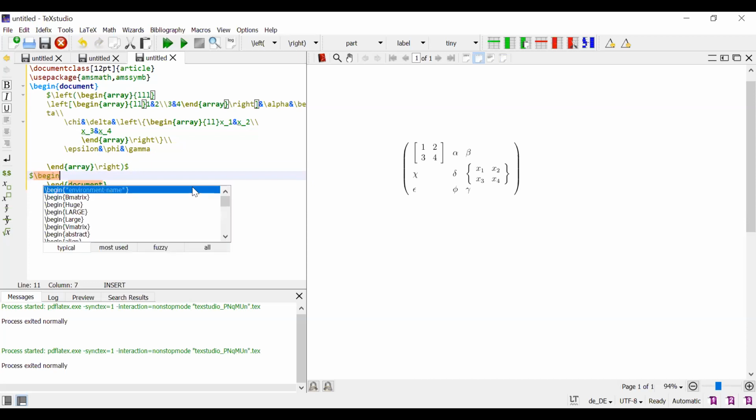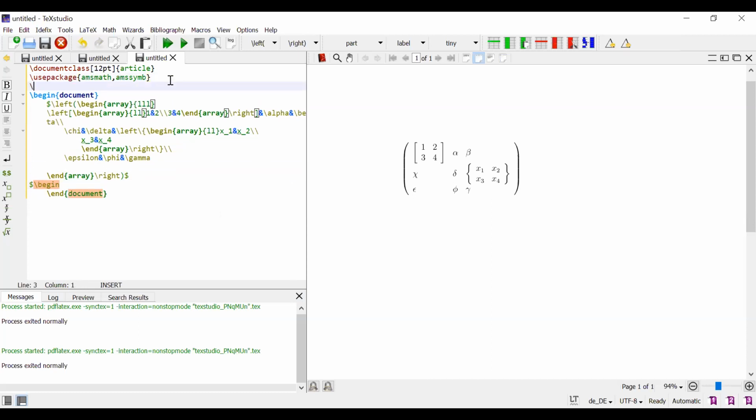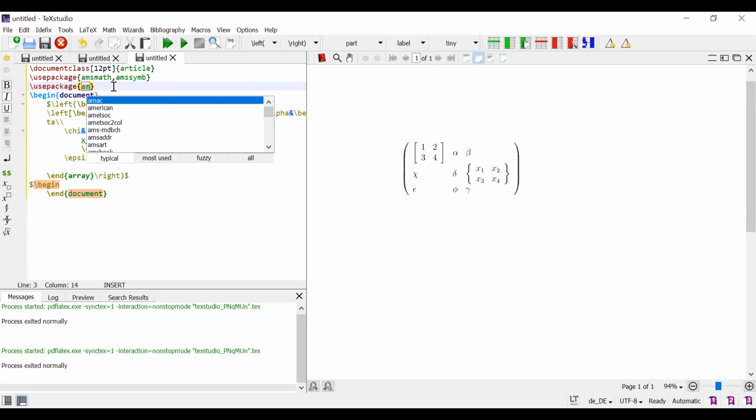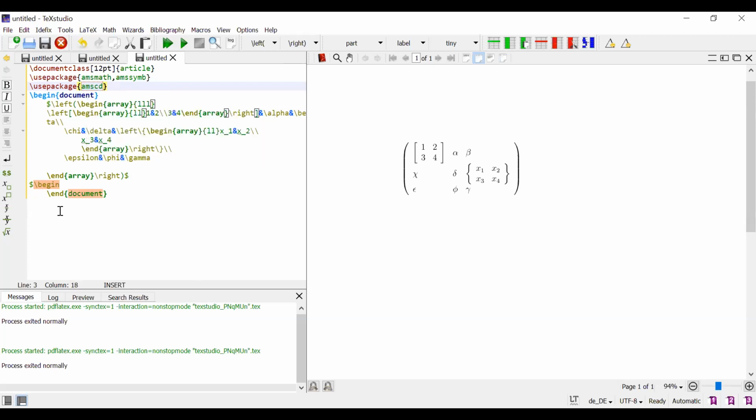Before I go to this one, I use one package, that is use package, the package name is AMSCD, and I'll go to this one: begin CD, that is commutative diagram.